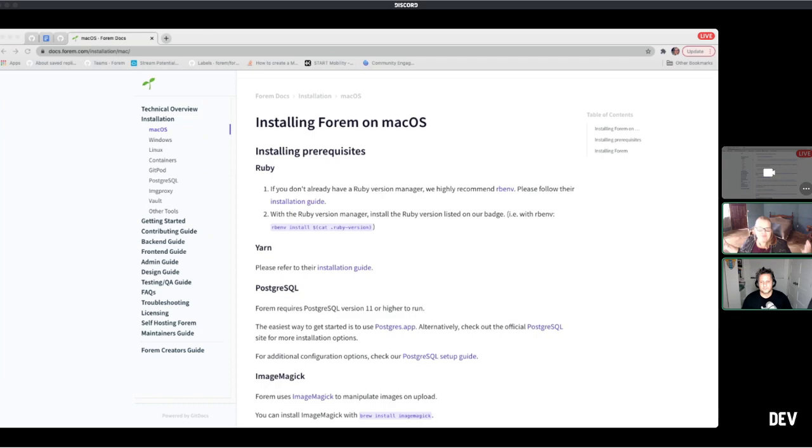Yeah. So to make anyone feel better, step one was a problem for me. Going through step one, I had to figure that out. I wasn't aware of that. And so if you don't already have a Ruby version manager, they recommend